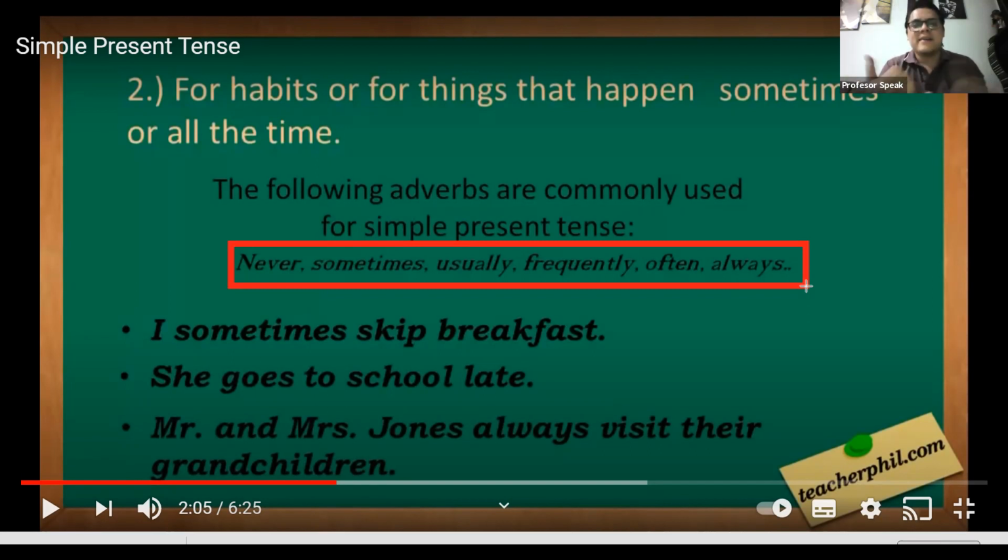Never, sometimes, usually, frequently, often, and always we have. So always means like 100%, like all the time. For example,